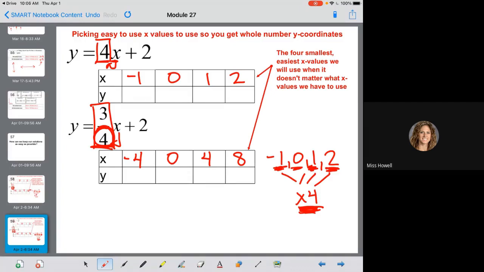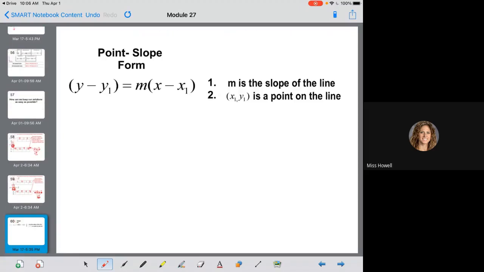So let's go. Our goal for today is, if I give you a linear equation, no matter what format, can we pick out x's that are our smallest, easiest ones to use that will give us the first 4 smallest, easiest, perfect y locations on our line? So picking up where we left off in our note packet from our previous lesson, we're going to look at one that's starting in